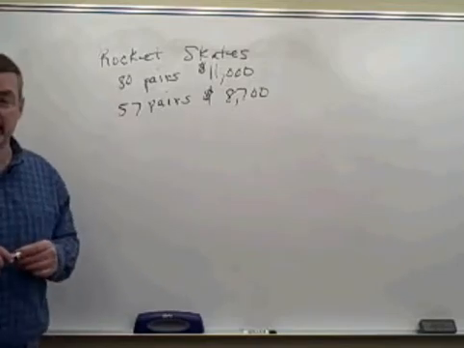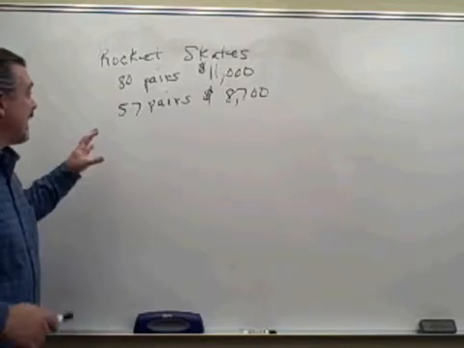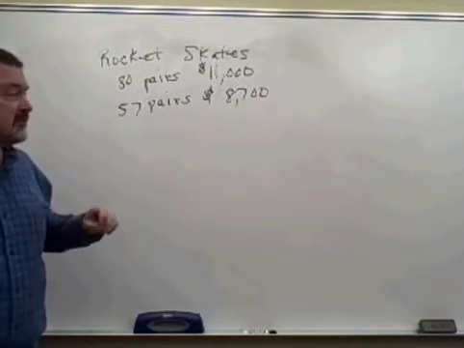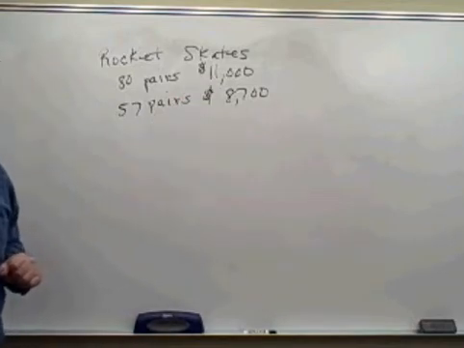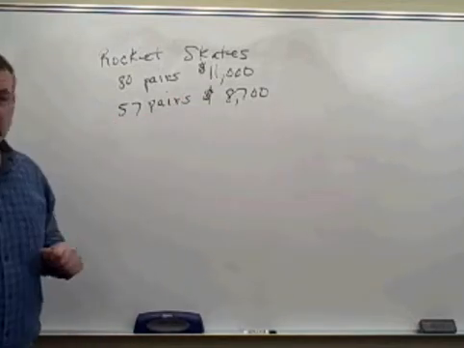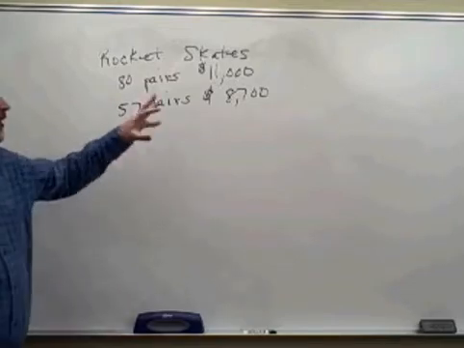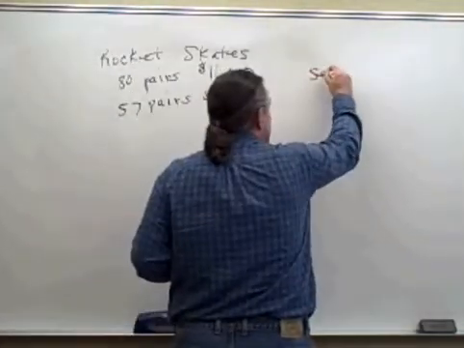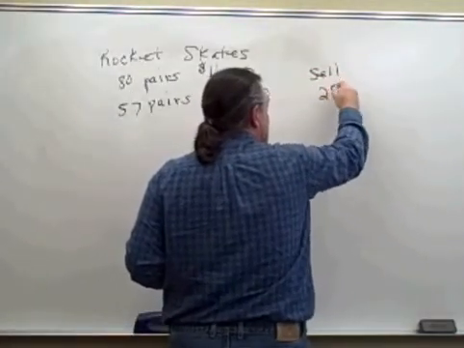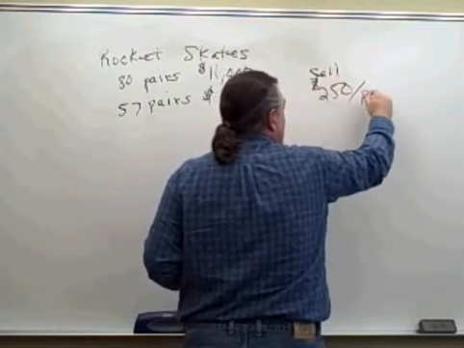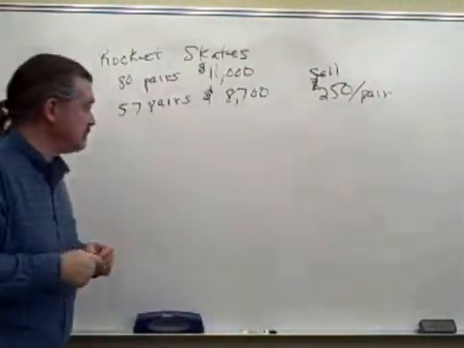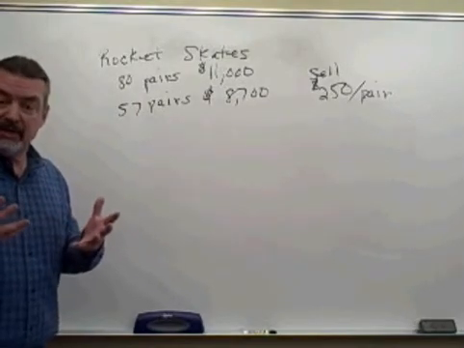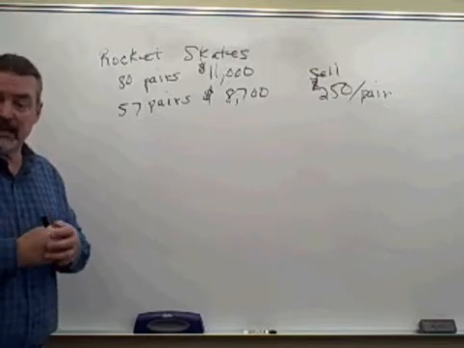But we sell those rocket skates. We make them here and sell them. And one day of production, we made 80 pairs of rocket skates at a production cost of $11,000. Another day, we made 57 pairs of rocket skates at a cost of $8,700. We're going to sell those rocket skates at $250 a pair. So the question is, how many pairs of rocket skates do we have to make every day in order to